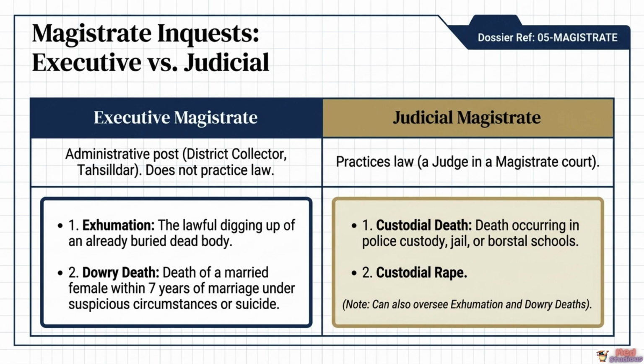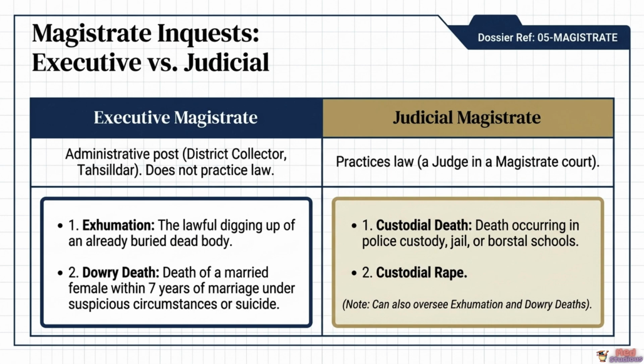The executive magistrate is responsible for inquests in two critical categories. The first is exhumation, the lawful digging up of an already buried body for reinvestigation. This requires explicit magistrate sanction to prevent tampering and maintain evidential integrity. The second is dowry death, defined as the death of a married female within 7 years of marriage under suspicious circumstances or by suicide, which is legally presumed to be connected to dowry-related harassment under Section 304B of the Indian